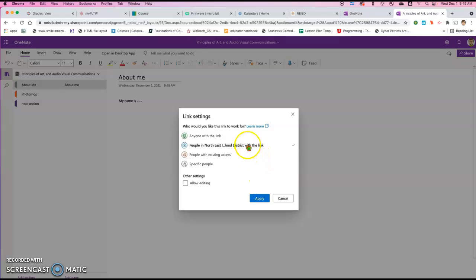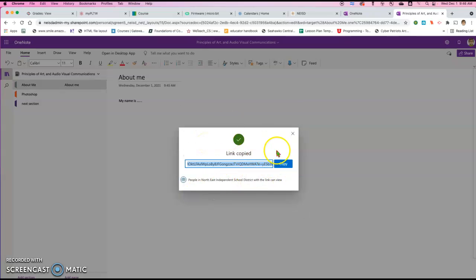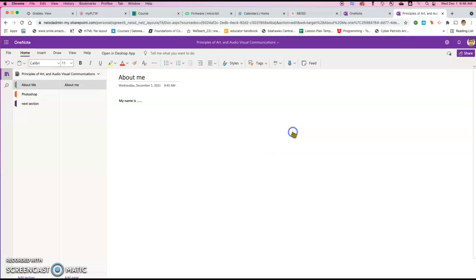Again, this is mostly for you, but make sure you click on People in Northeast, apply those changes, and then do not send it to me in an email. Okay? I don't want any more emails. Do the copy link, and once that link has been copied, it's in the paste buffer. If you're not certain, you can copy it again, and then you can paste that link into the online text area of the Blackboard submission, and that'll be how you submit that work to me. Okay? So basically, you're like,